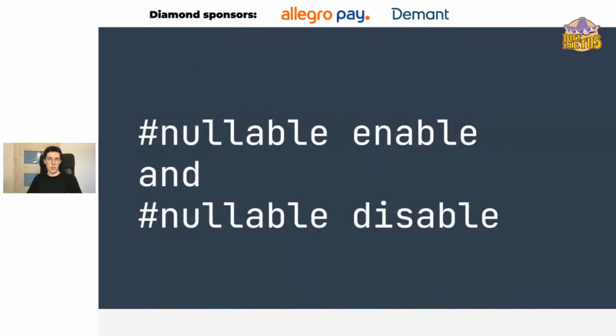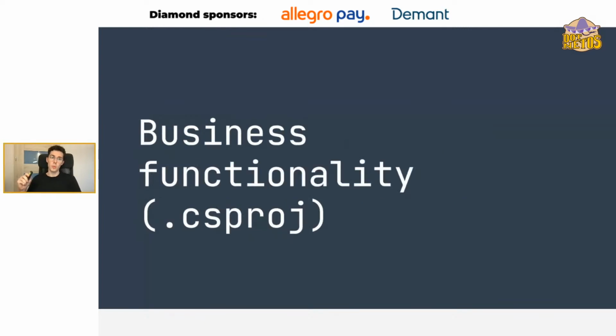The first and easiest one is to go and enable it file by file. You write some new code, you annotate it with a nullable reference type enable directive, and that's pretty much it. So the new code can already use this feature, and the old one is, let's say, a crappy one, a lying one. And that's the first approach. The second one is to go by the business functionality. It's more demanding, but going by the business logic, business functionality, we don't have to go through the whole solution.